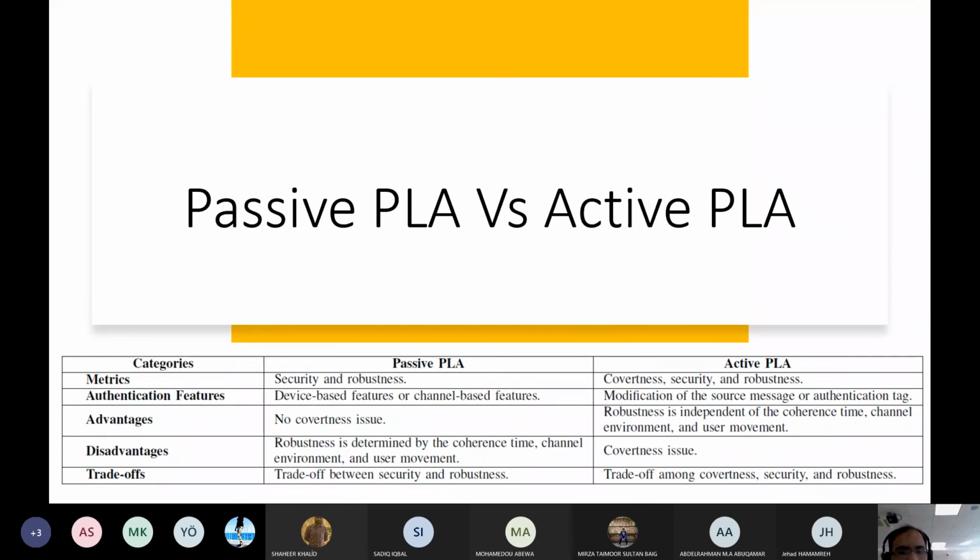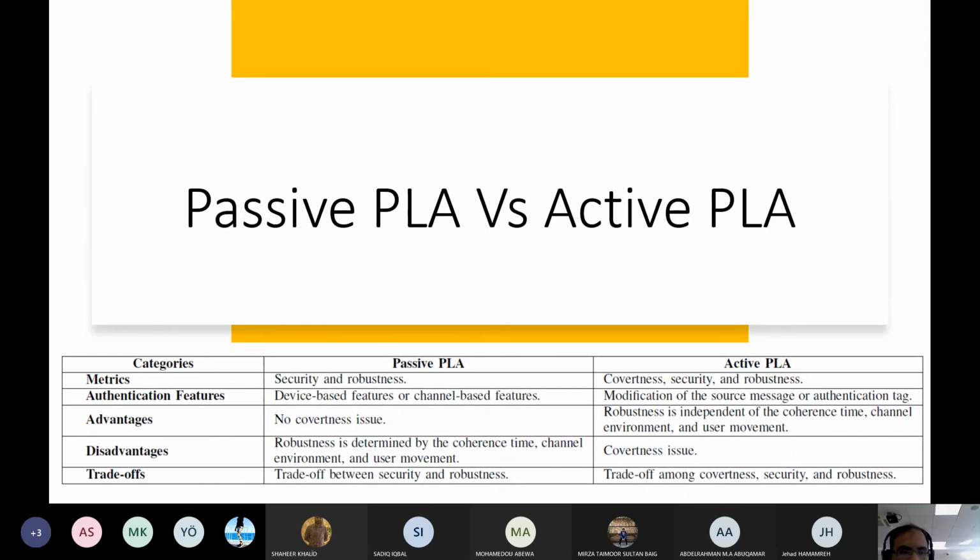But in the active case, there is one advantage: it is independent of the coherence time of the channel, because the tag will not change even if the channel changes. It is also independent of user movement. Even if the user moves, you can still authenticate.